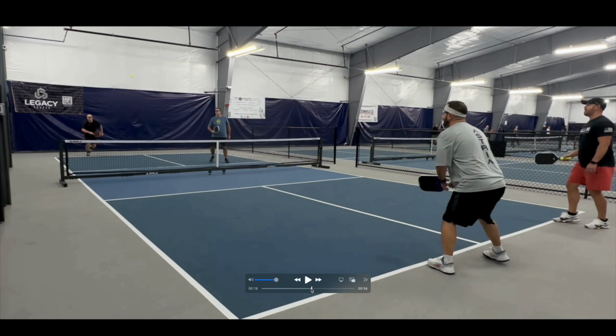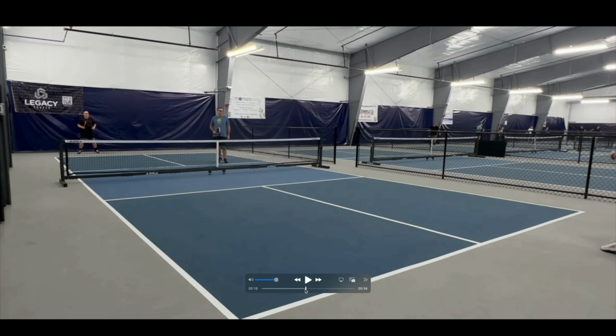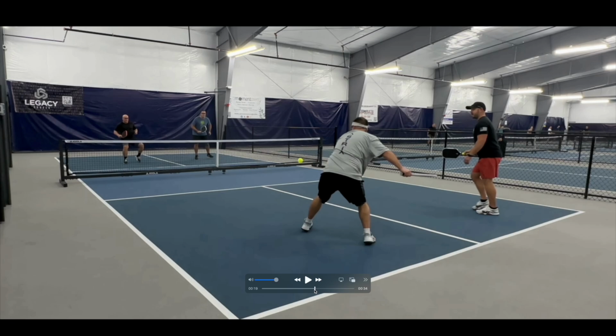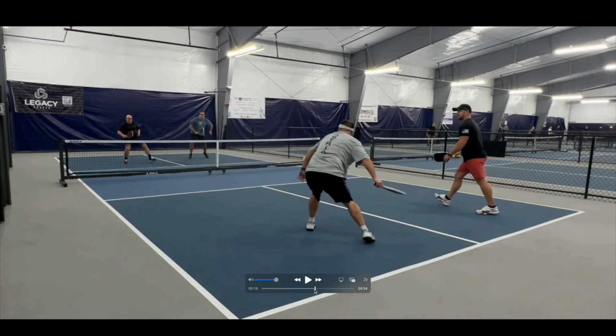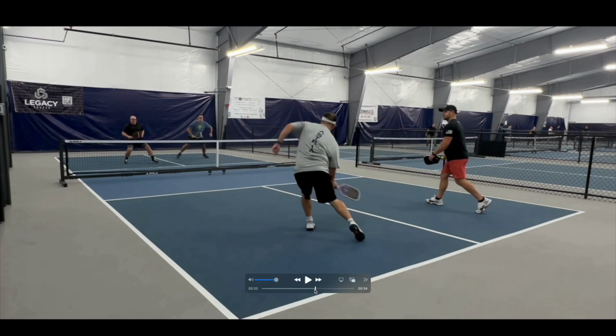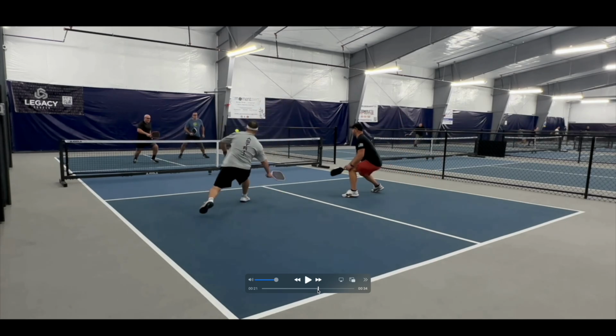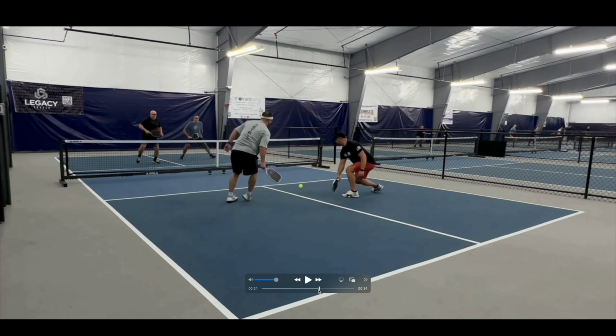Okay. So what's happening in this scenario is if you get a return that's short and high, look how high that ball is. It's at my waist, a little bit higher. You should be driving this ball. Okay. Driving that ball, because that's usually going to end up in a pop-up or an error because we're so